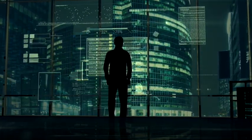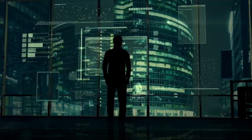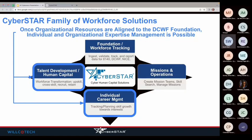Here's a quick overview of the talent management module within CyberSTAR. To align your workforce to a specific framework, in this case DCWF, once you've done that, now you can do the talent development and human capital activities or individual career planning activities, especially because of the KSATs that come along with that. So now you've got that rich history of an individual and what they have done, what they want to do,